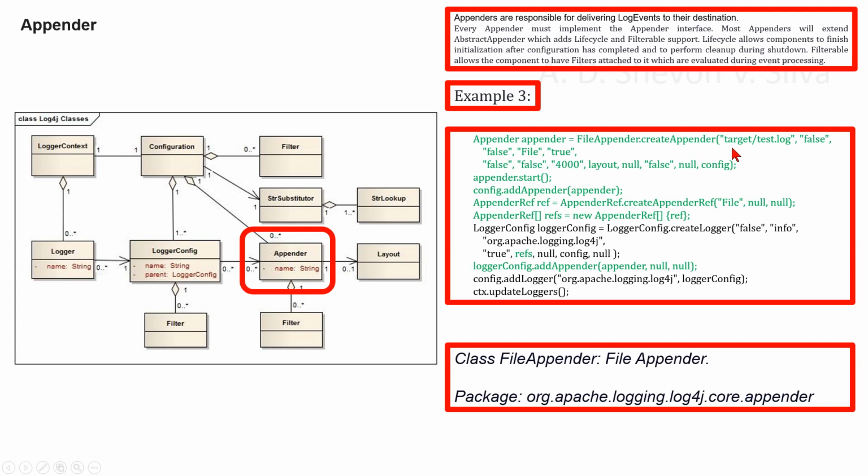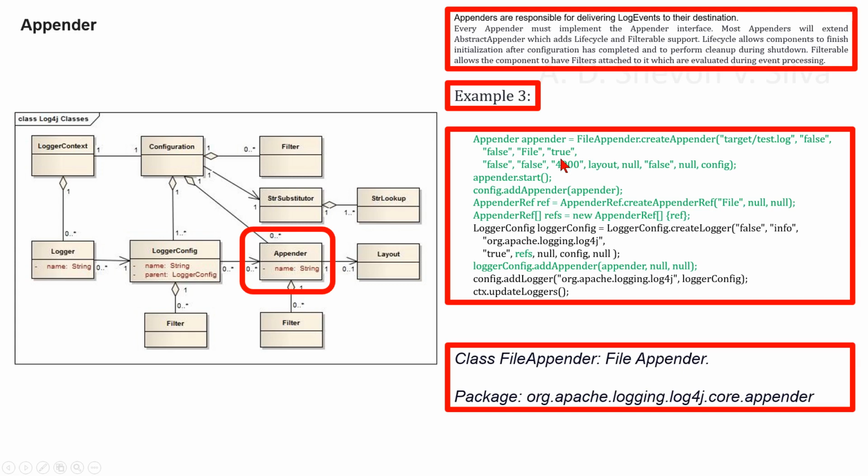This is string file name, and then append, and this is the file name and path of the file, and this is true if the file should be appended to, false if it should be overwritten. Default is true here, and this is locking, true if the file should be locked, the default is false. This is the name of the appender, and this is immediate flush,